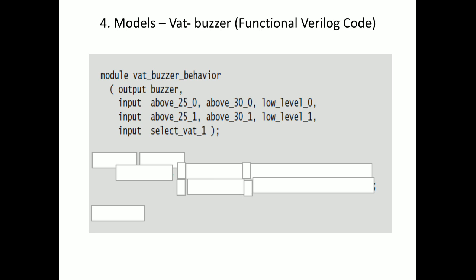How we express the boolean function, for that we need to use Verilog syntax. To express boolean functions for conditional behavior like multiplexers, there is an operator called the conditional operator. We can use the conditional operator for expressing the boolean function. Or for the multiplexer, we can use the same multiplexer function: select bar ANDed with in0, or select ANDed with in1. Like that we can use the same boolean function, or we can go for the operators of the Verilog language. Either way you can express the functional, means behavioral, part.